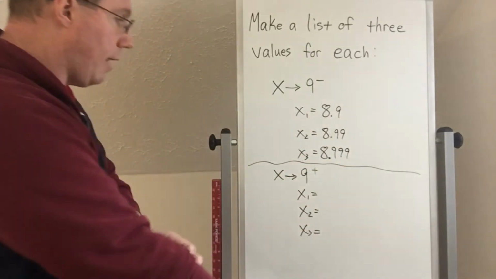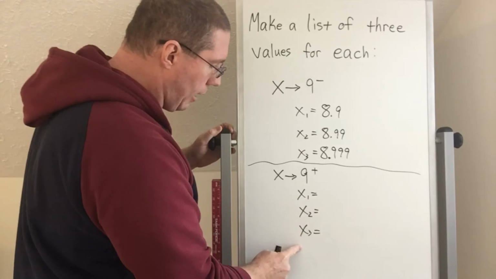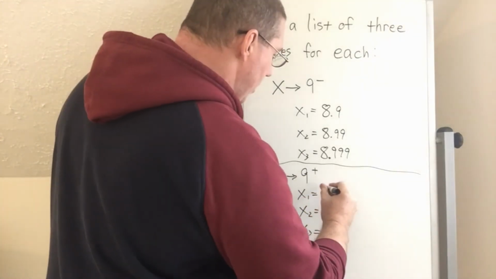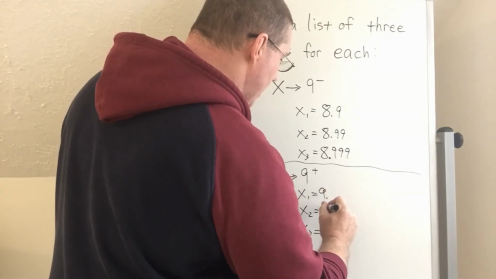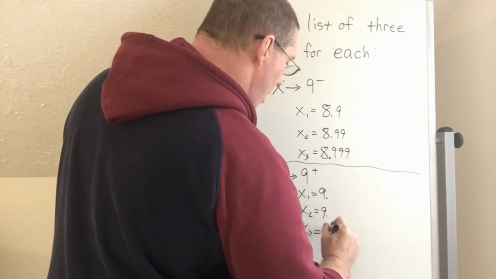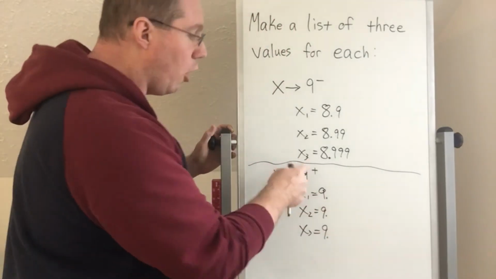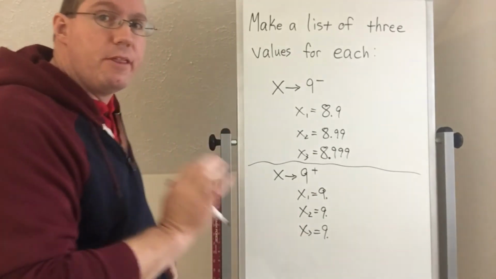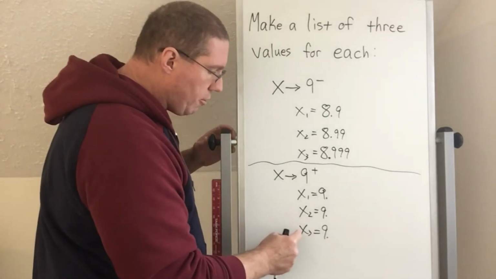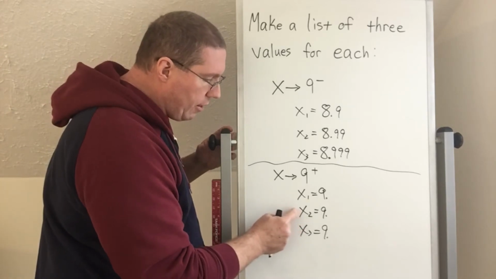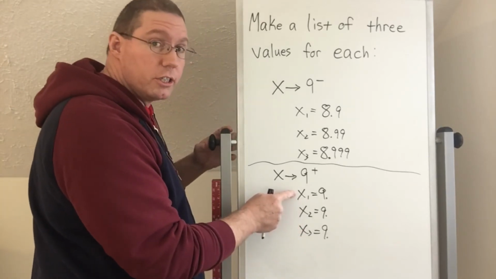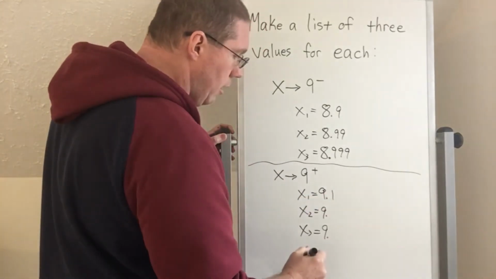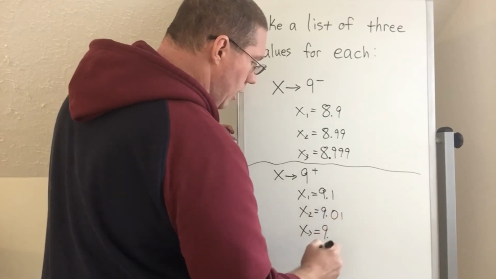We can do the exact same thing down here, but now we have to get closer to 9, but all the numbers have to be larger than 9. Well, the best way to do that is to make all three of them 9 point something. Because if they're all 9 point something, then they're going to be larger than 9, right? Well, the x3, we want this one to be the closest one to 9. So this is going to be the smallest number, this is going to be the next smallest number, and this one is going to be the largest number. Now, for me, the best way to do that is to do 9.1, then 9.01, and then